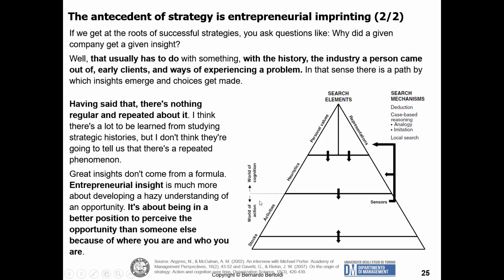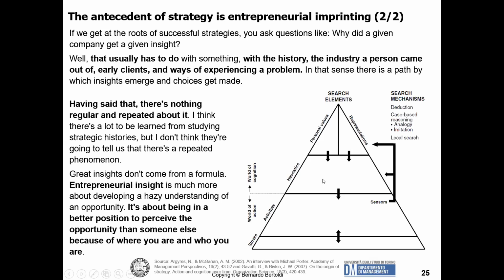So here is the world of action, and having feedback. So the sensor is giving feedback, changing the representation of the world or the heuristic he is using. And in this way, entrepreneurs are creating the core of the organization of the founding company and imprinting these heuristics